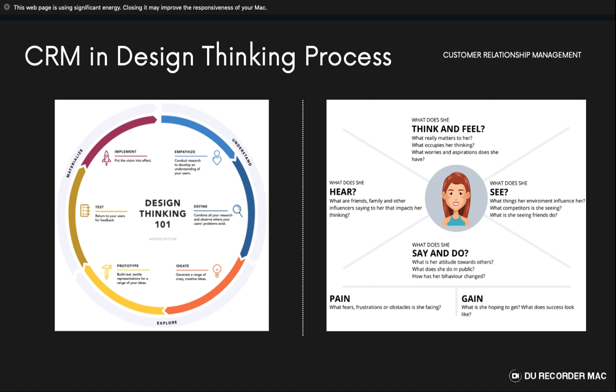And then the diagram on the right-hand side speaks more about empathy, right? Emmanuel Adekunle asked a question some minutes back, and this diagram really came to mind. When conducting your customer research, you're trying to empathize with your customer to understand what they need or how to offer your service to them. You want to factor in these four cardinal points: what they think and feel, what they see, what they say and do, and what they hear.